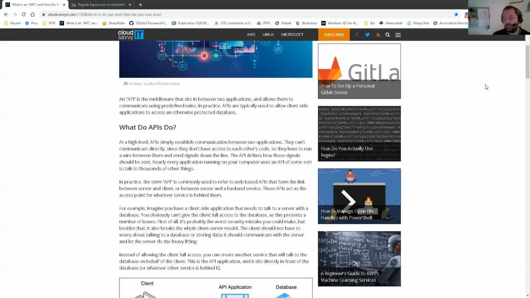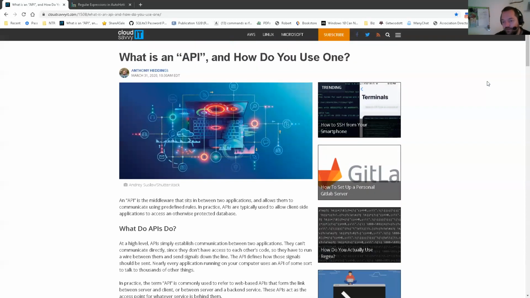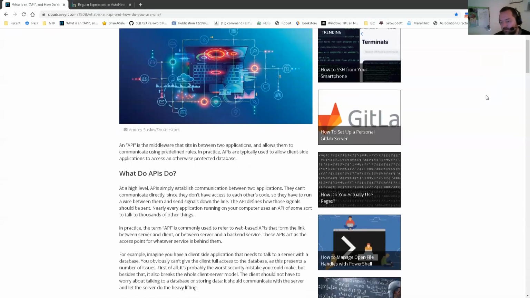And of course, as the world becomes more complex, what people try to build on top of it to simplify it might also be more complex. But the end goal is always to make as many people able to do it as possible, I think. And this site is called Cloud Savvy or something, IT. Of course, he's going to focus on cloud APIs. That kind of makes sense.